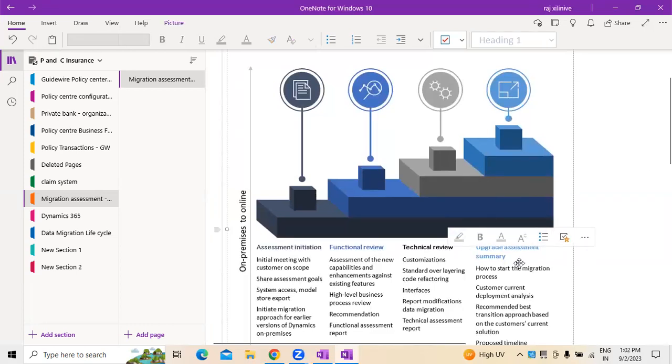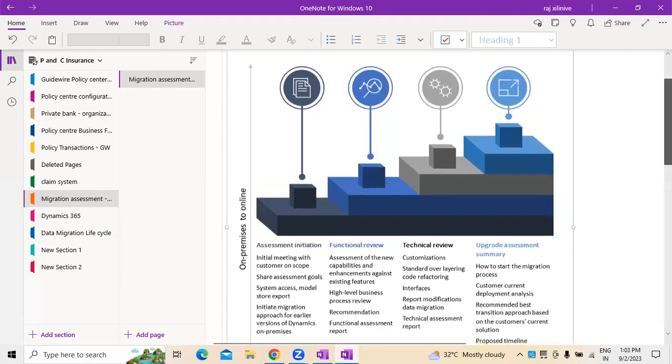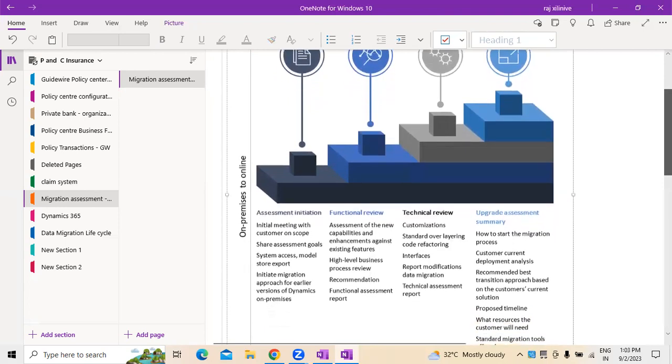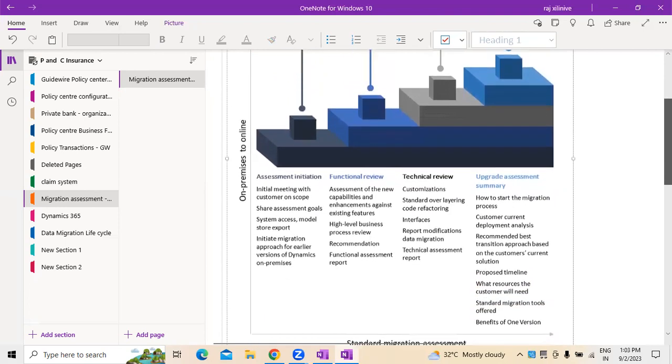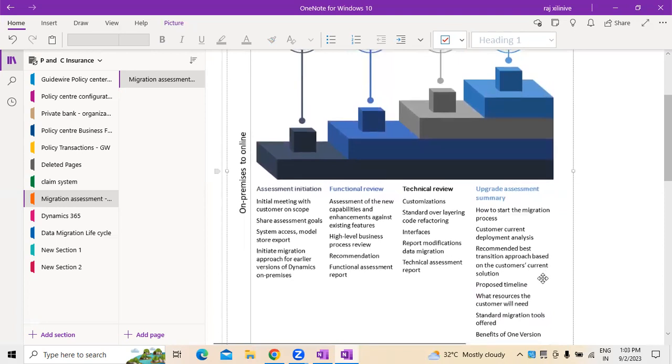Last but not least, we have the upgrading assessment summary, which covers where, when, and how this migration process has to start. At the same time, we must know the current deployment analysis from the customer's perspective, followed by recommending the best transition approaches based on the customer's requirements. There must also be proposed timelines, which are one of the key and prominent elements,